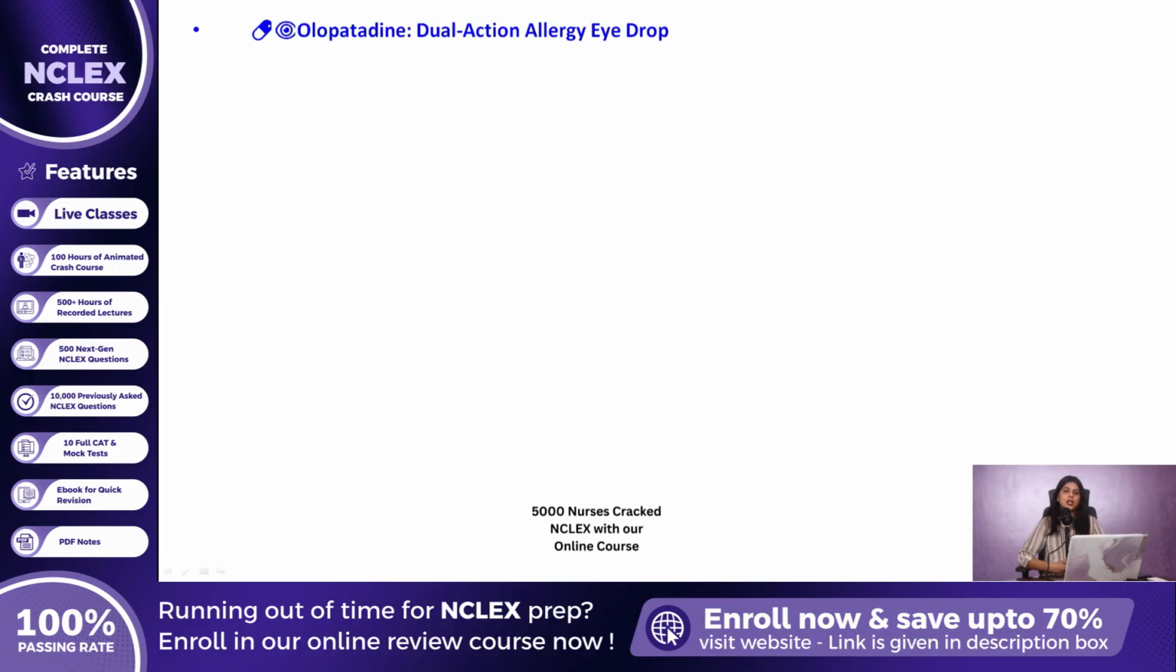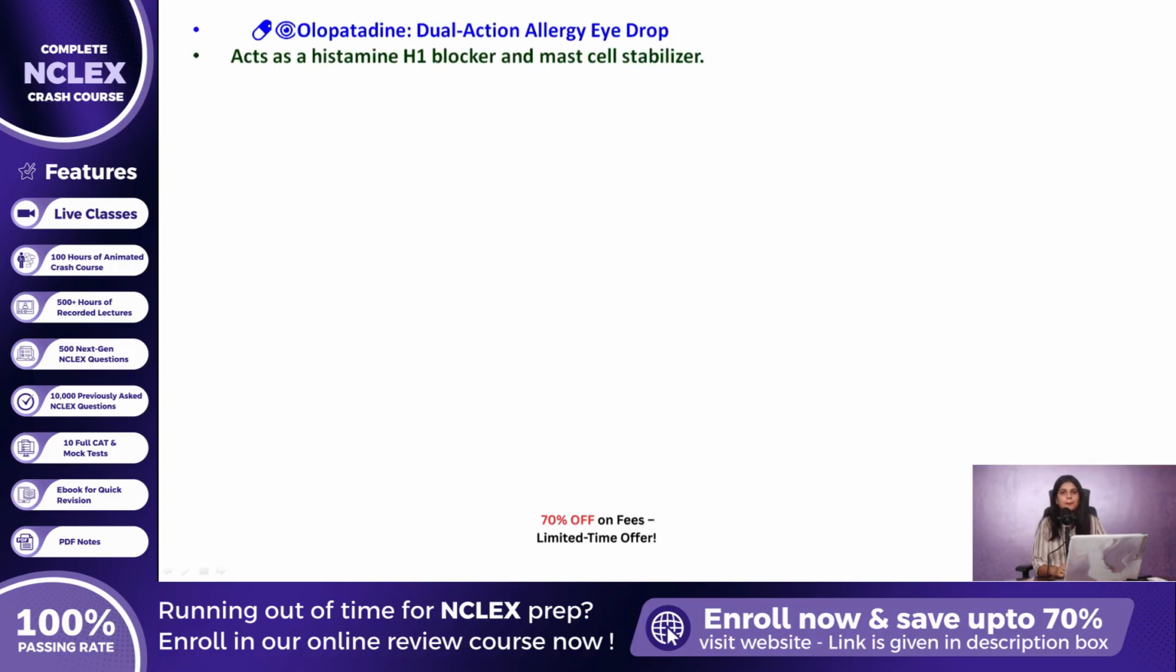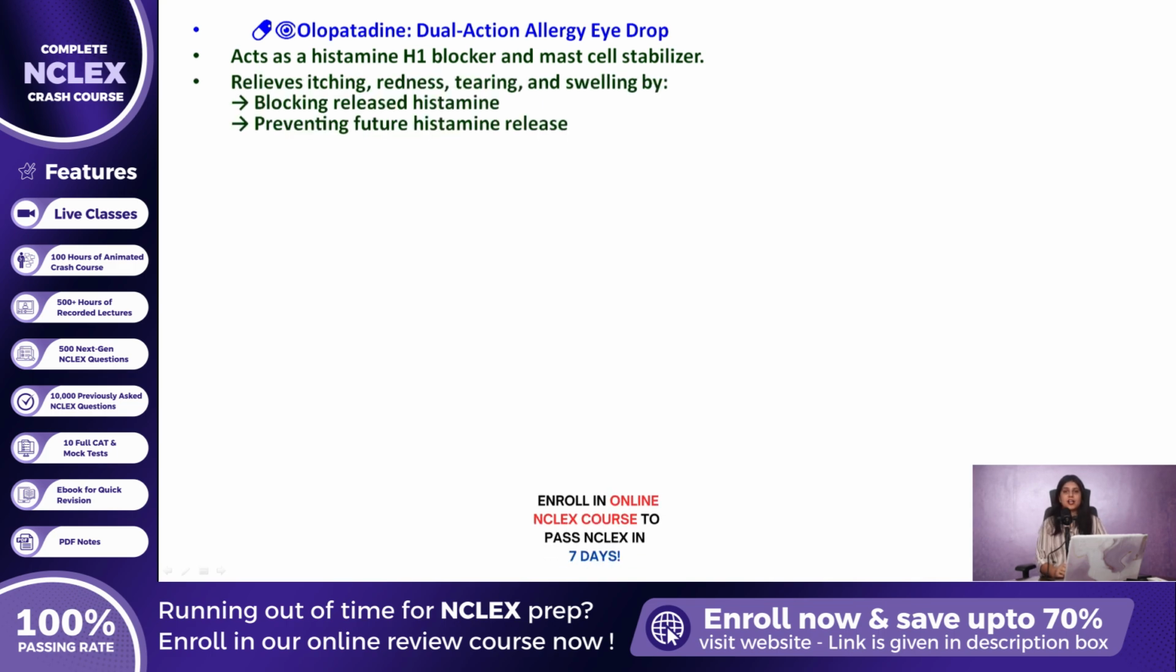teaching. Olopatadine is a dual-action ophthalmic medication. It acts as a selective histamine H1 receptor antagonist and as a mast cell stabilizer. This means it blocks histamine already released into the eye, reducing symptoms like redness, itching, tearing, and swelling. At the same time, it prevents mast cells from releasing more histamine when exposed to allergens like pollen, dust, or